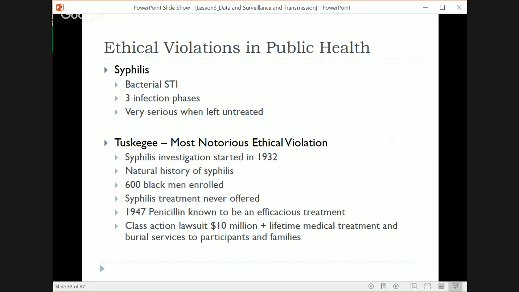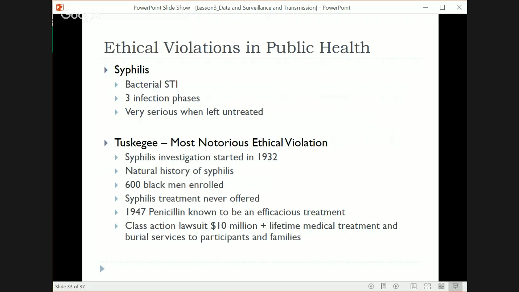All right, the last thing, well, not the next thing I'm going to talk about is some ethical violations in public health. The reason I'm talking to you about this is because I'm asking you to turn in this CITI certificate. And the reason you have to do a CITI certificate is because of these ethical violations that have occurred. So I'm going to talk to you a little bit about the most notorious ethical violation, which was